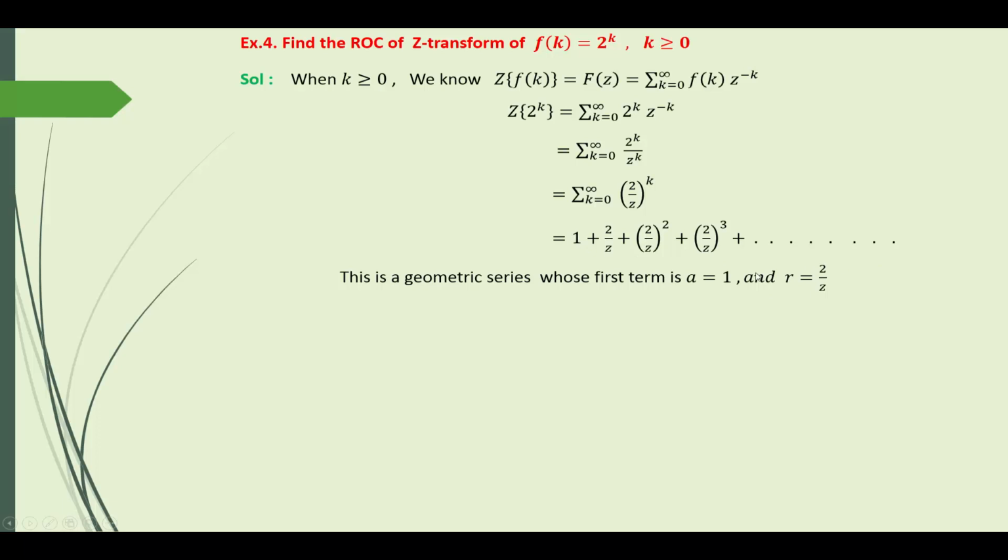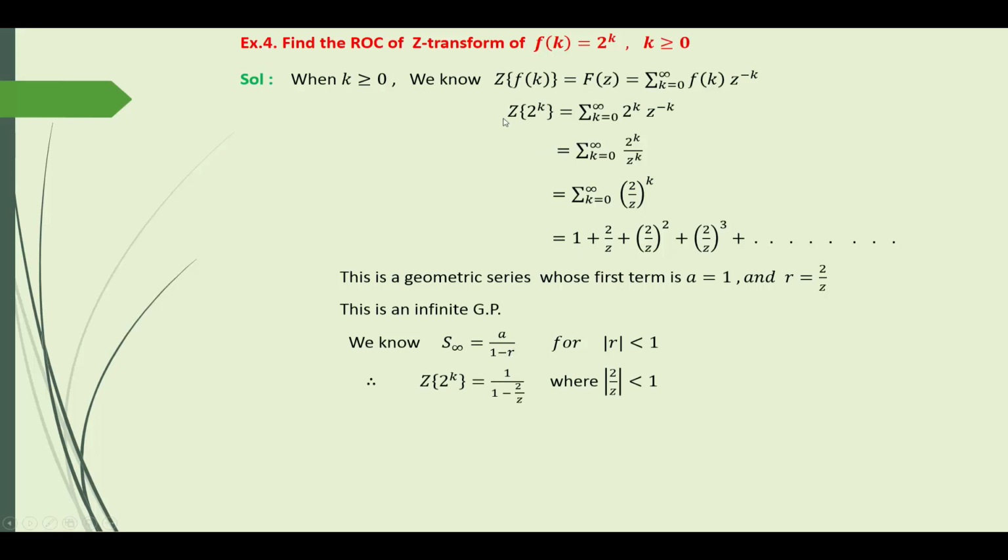This is the geometric series whose first term is 1 and common ratio is 2 upon z. This is an infinite GP, and the sum to infinity S infinity, we know the formula, is A upon 1 minus R, and the region of convergence is mod R less than 1. For mod R less than 1, the sum to infinity is A upon 1 minus R. Therefore, the Z transform of 2 raised to k is equal to the sum to infinity,